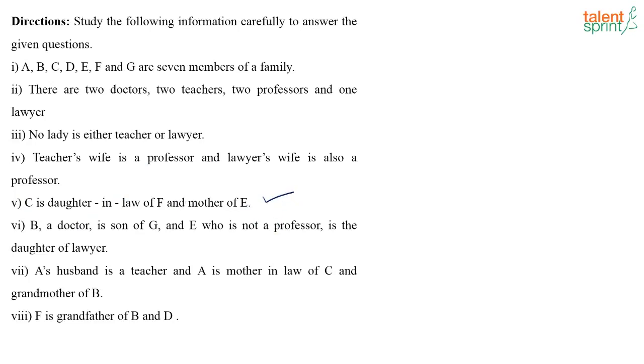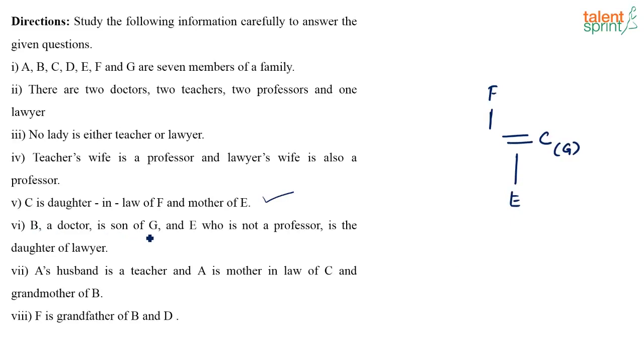So I am going to represent that first. C is the daughter-in-law of F. So F is there. Now F has a child, right, whose wife is C. Daughter-in-law means female, right? So C is the daughter-in-law of F and C is the mother of E. So these 2 couples, they have a child E. Now